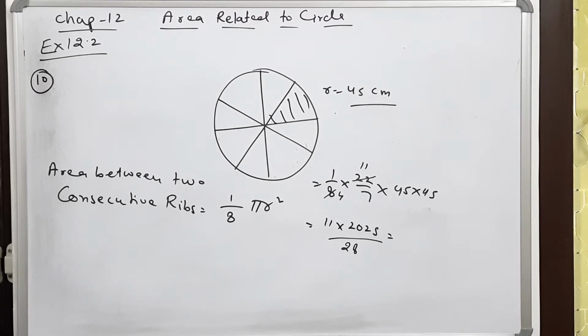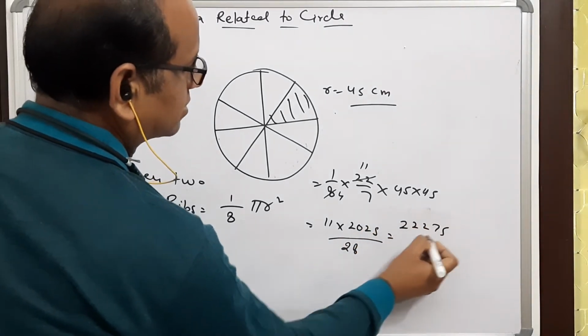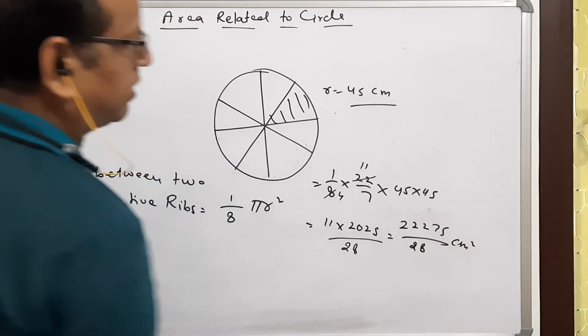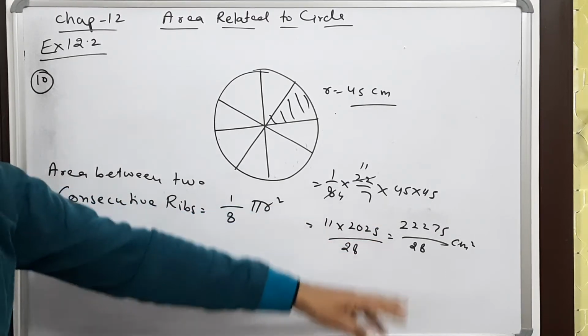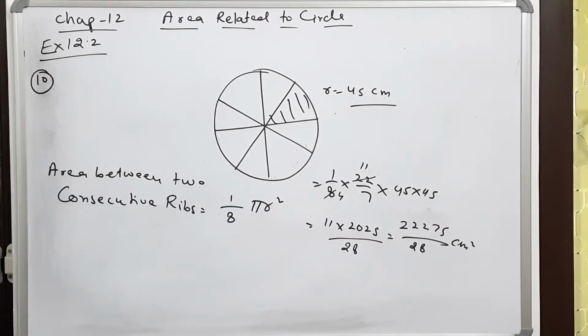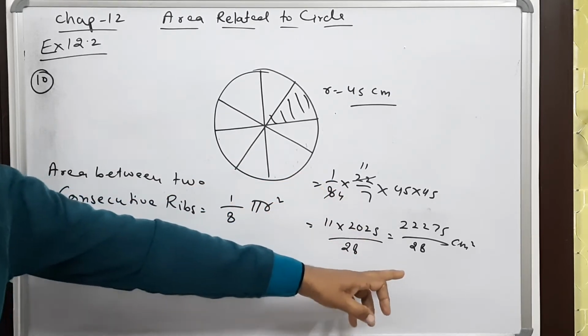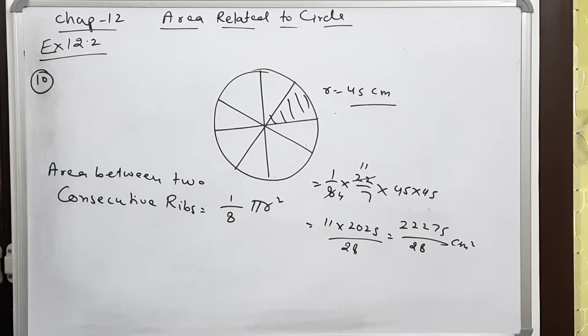Here I want to tell you that you can write your answer like this. It is not required to divide also, because when you divide, it will not be a terminating decimal. So in this type of complex calculation, you can keep your answer like this. Here the important part is the concept, whether you know the proper concepts or not.